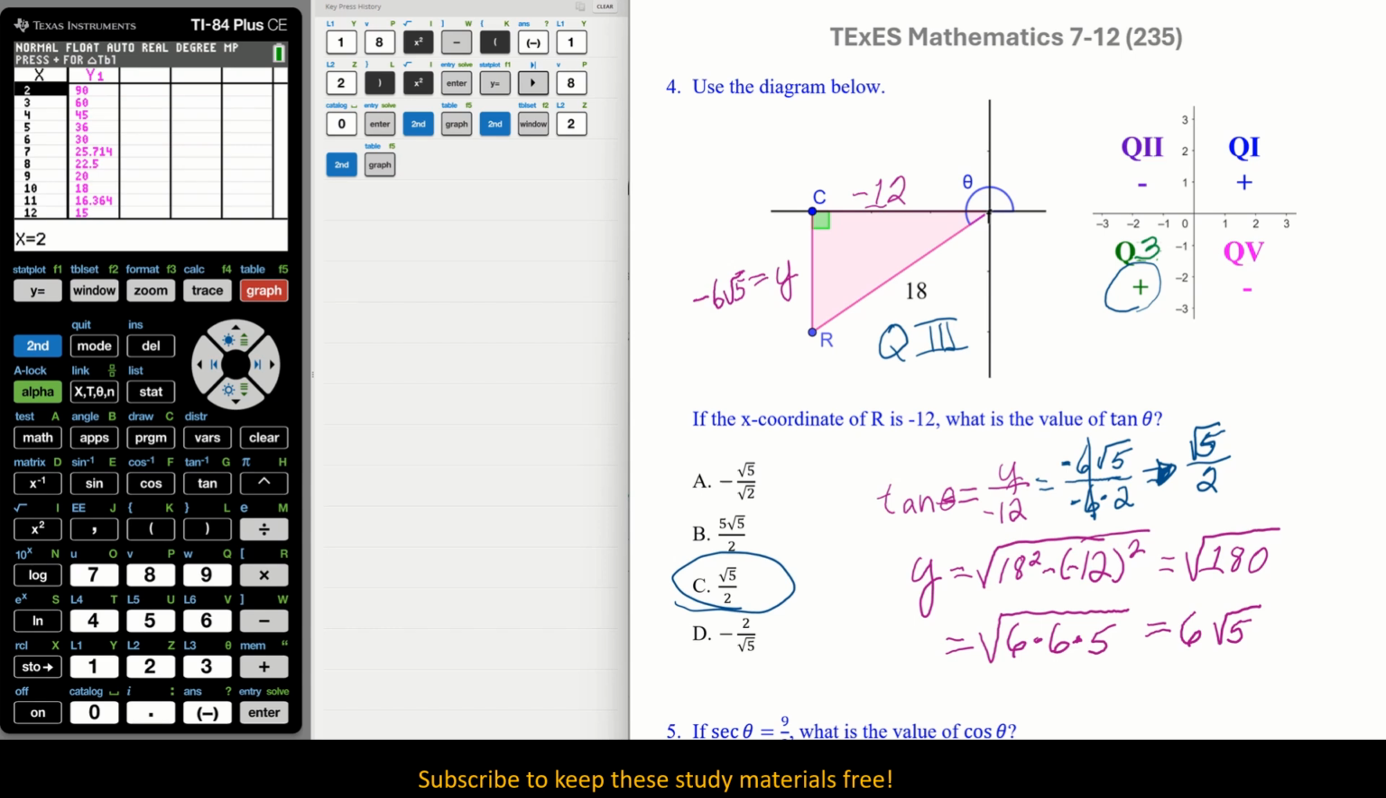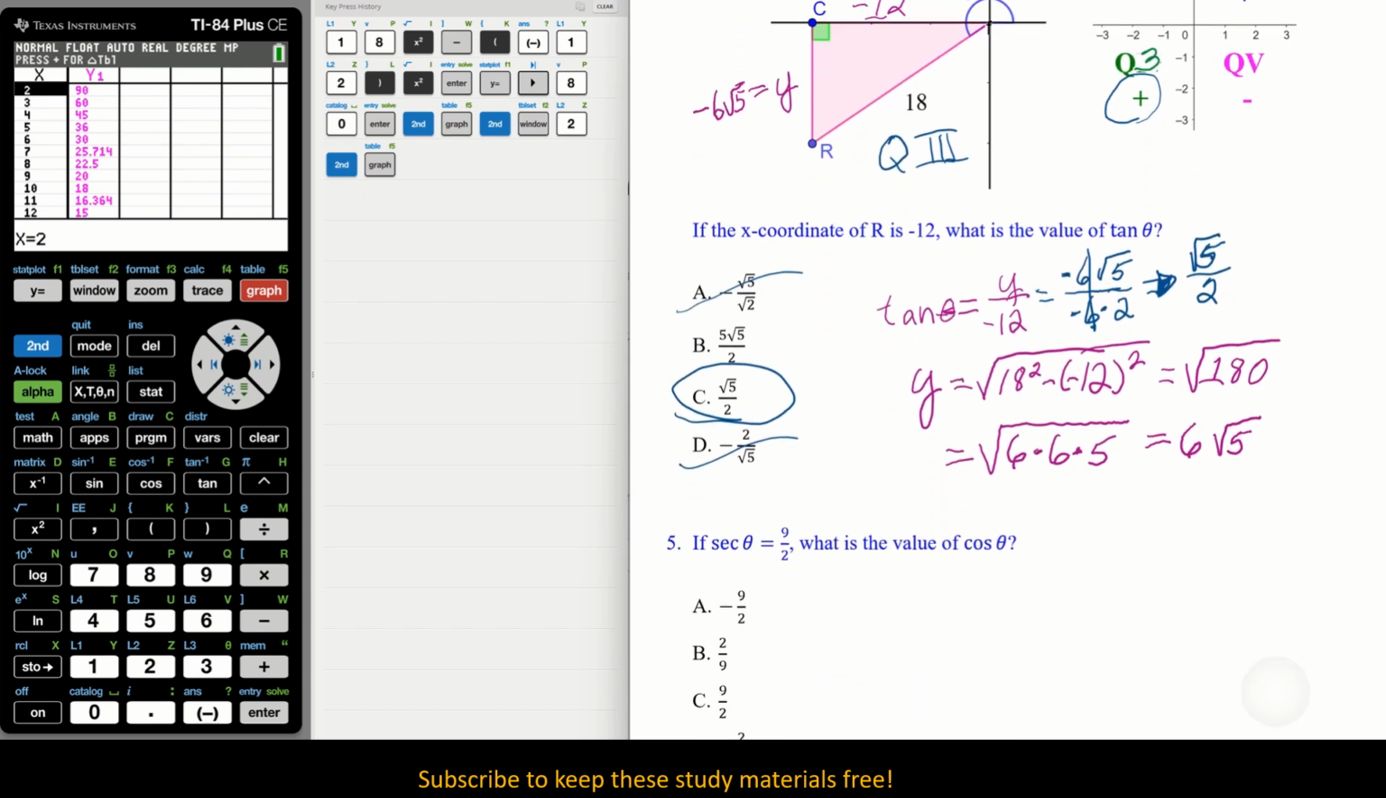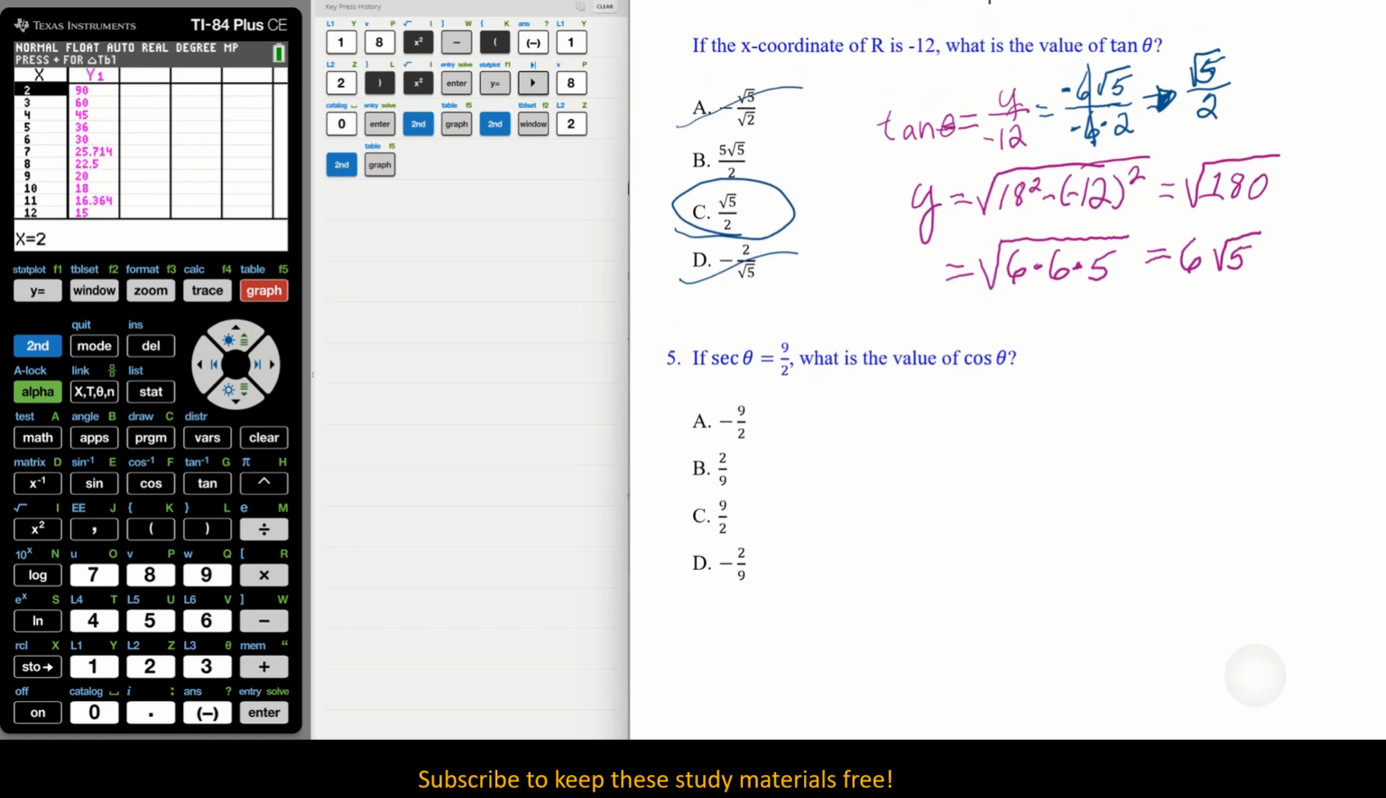Okay. So the minute we saw that our Q3 was positive, we needed to get rid of our A and our D. Okay. And then just deal with our square root issues. Okay. All right. So let's go to number 5. Okay. All right. This one says